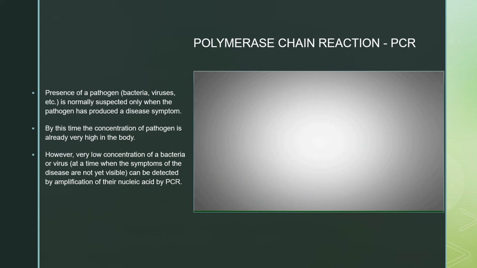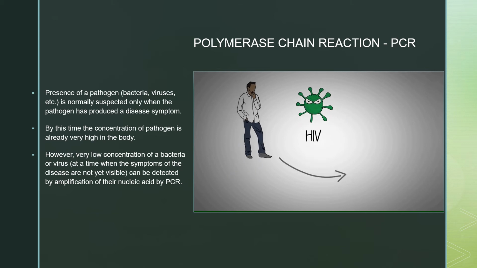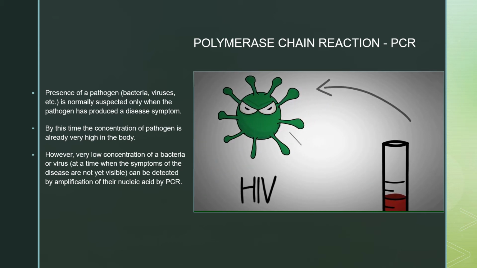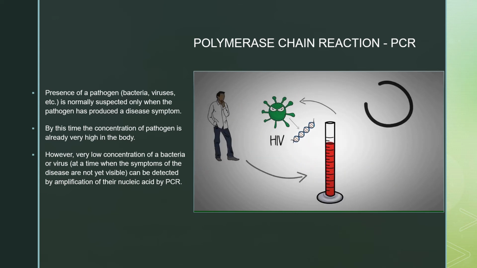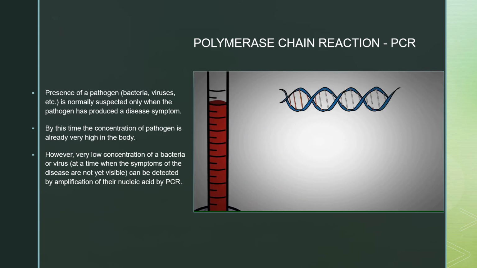Now, let me explain the concept of annealing with a real-world example. Suppose a patient comes to you and you suspect an HIV infection. We take the blood sample of the patient and perform PCR on it. The blood of the patient contains the virus, and in the virus is its genetic material, the DNA. So our aim here is to confirm whether the patient has the infection or not. But the DNA of the virus in our sample is a very little quantity, so you can say that we need to amplify the DNA of the virus to detect it.